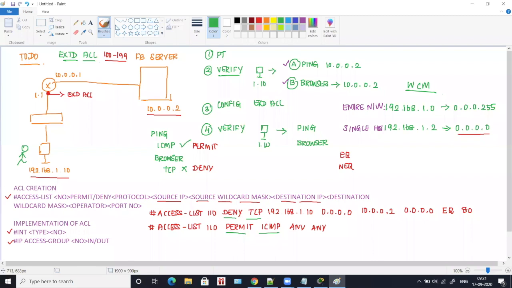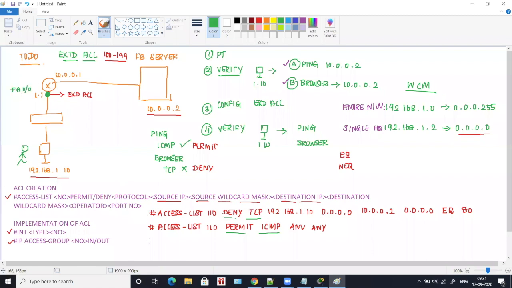Okay. Now you have to apply this access list. Yes, we have just created it in a router. You have to apply this to this interface. Yes, because this is the interface that is close to source. This is the interface one. Maybe if this interface is fast ethernet 0/0, then this is the interface that is close to source. You have to apply this particular access list command to this interface.